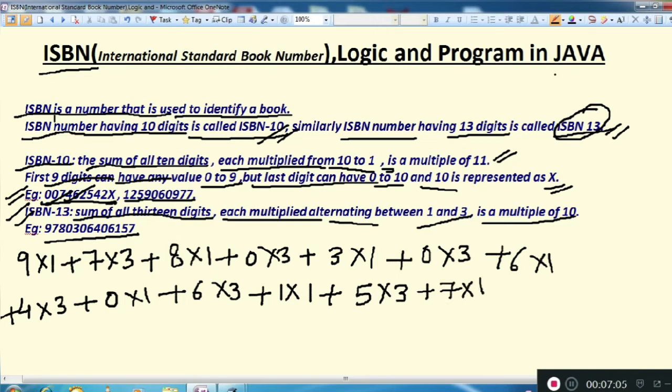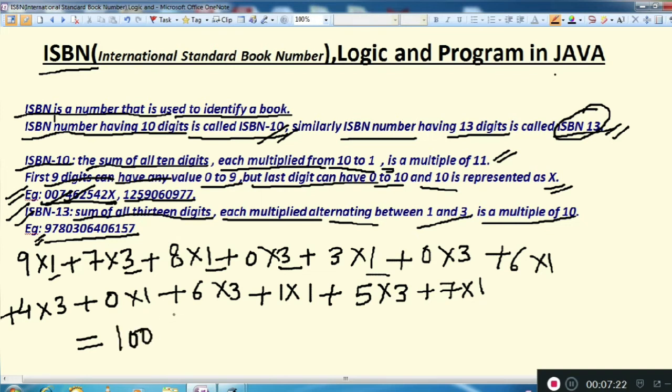So we are multiplying this ISBN 13 number with 1, 3, 1, 3, 1, 3, and so on. If we take the sum of these, I think you will get 100.